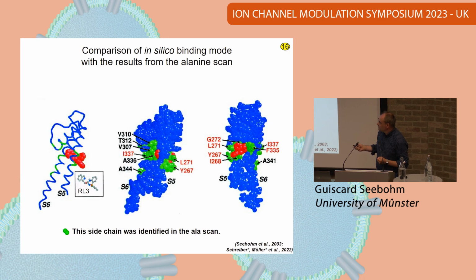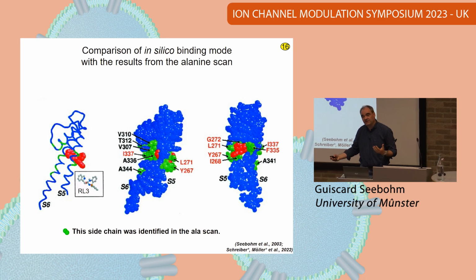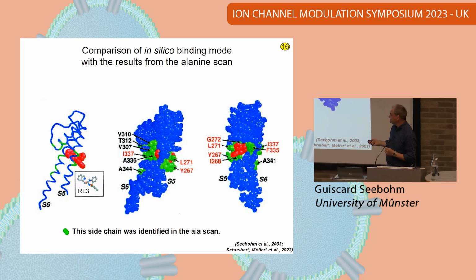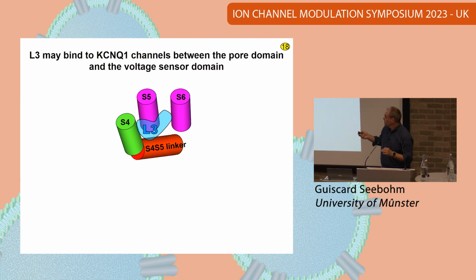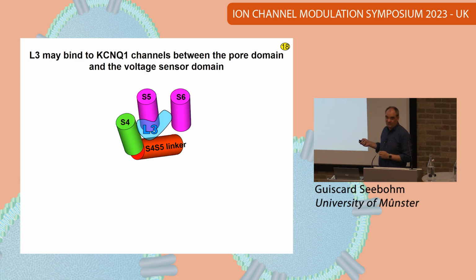Here in green are those residues which have an impact on the inhibition. In red is the compound docked to the pore domain, and you can see there's a pretty good overlap there for binding and what we have identified by the alanine scan. But that was only the part of the study which we published a long time ago, and it just accommodated the results from here in magenta, S5 and S6. Modeling could only be done because there was only the KcsA structure at that moment. There was not even a voltage sensor included in the structure provided by MacKinnon.